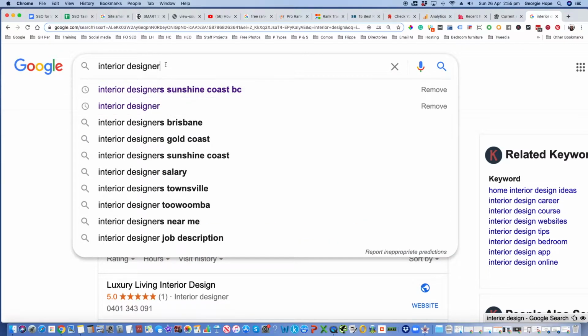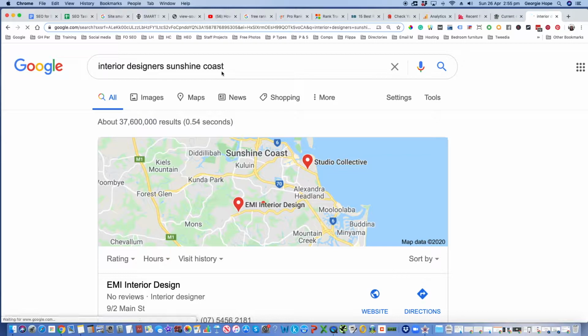And so if you put in interior designer, then you can see that the ones in purple are the ones that I've searched for before. Okay, so that doesn't necessarily mean that anyone else is actually searching for them. The ones that come up here are the ones that Google is saying a lot of people search for. So they're searching for interior designers, Brisbane, Gold Coast, Sunshine Coast. Now I live on the Sunshine Coast, which is why it's showing me all kinds of locations that are close to me. But if I clicked on interior designers, Sunshine Coast,